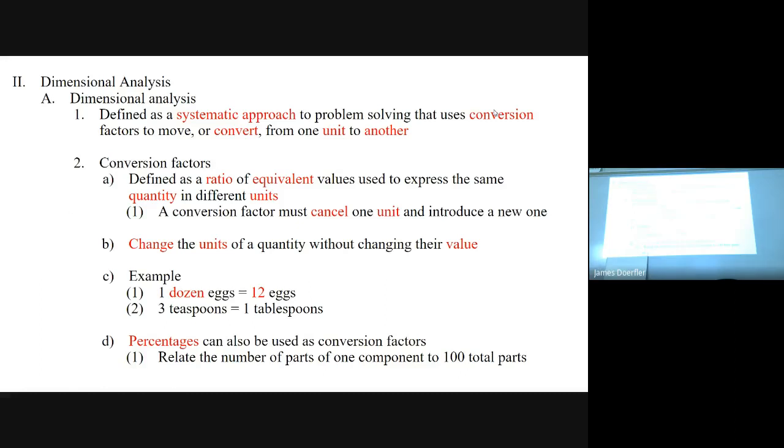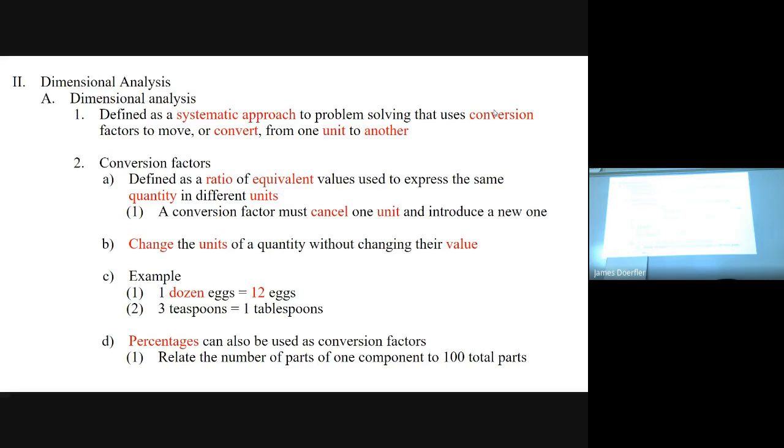Like there are 100 centimeters in 1 meter. There are 1,000 millimeters in 1 meter. Or there are 1,000 meters in a kilometer. Conversion factors are simply just equivalences. Okay? Equivalences that we use